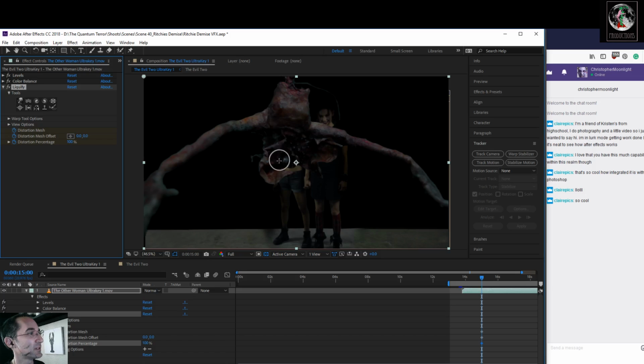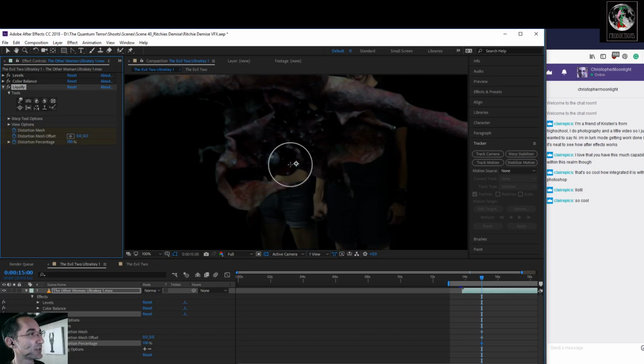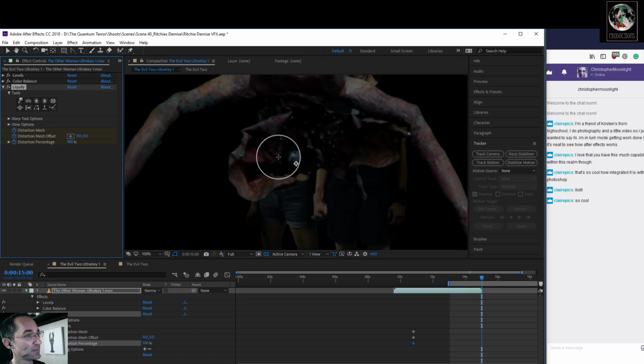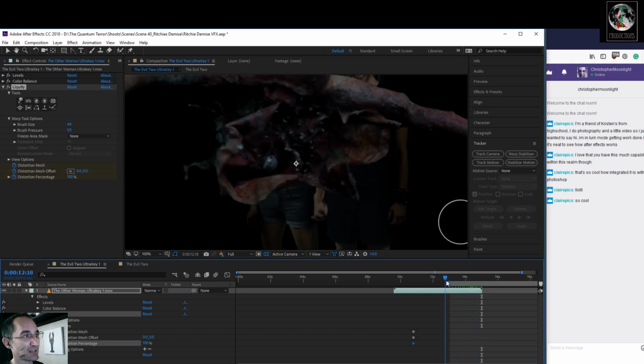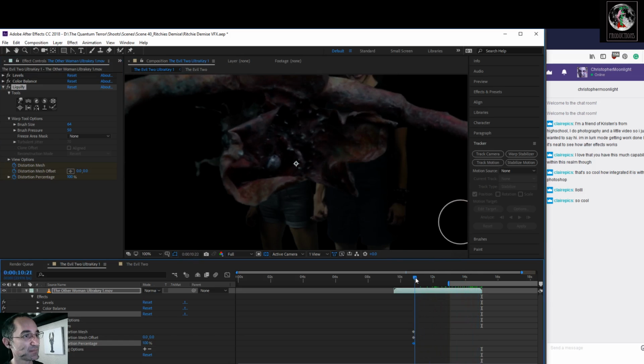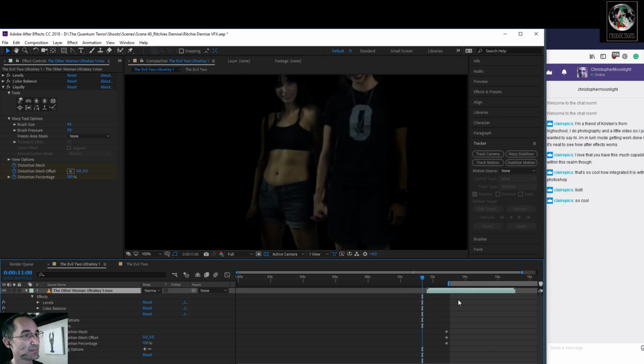So we have this, and if you've used liquefy in Photoshop, it's the same principle, except now, oops. You got to go into options. I forget you can't use the same options to expand the thing as in Photoshop. What did I do?